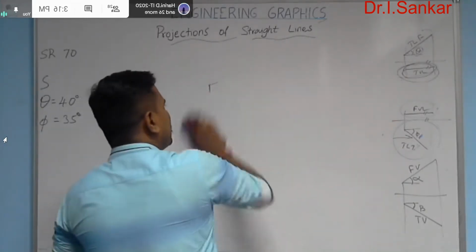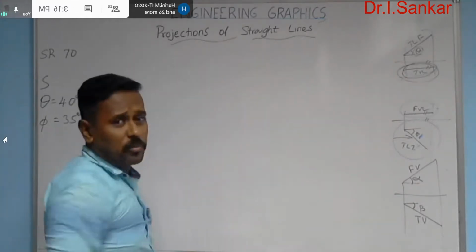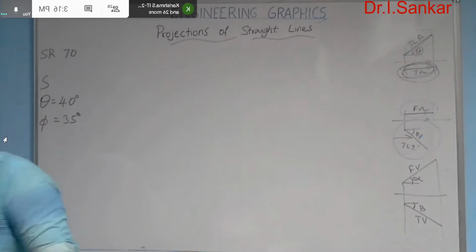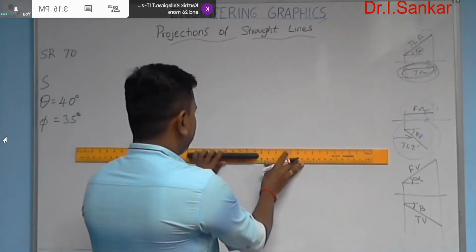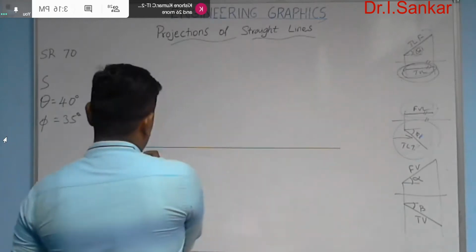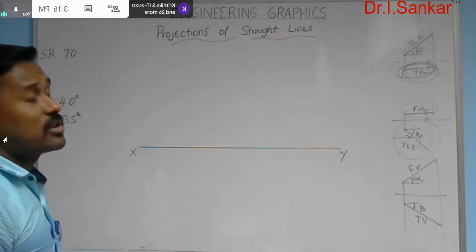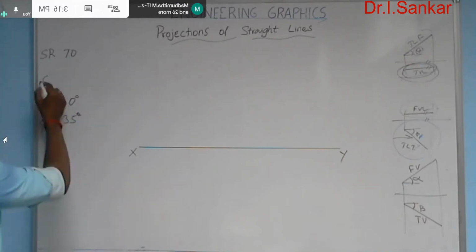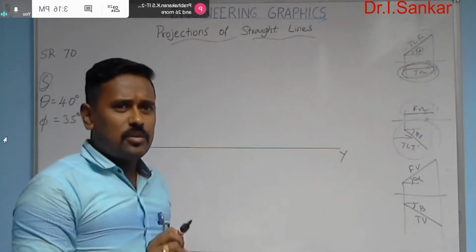There is no twist in the answer. Directly the true length and the true inclinations are given. So you can draw it like your template without any cross thinking or complex considerations. Simply you can draw the answer. First you need to draw the XY line. And the very first data you can use in the answer is locus related data. But there is no data like that given in the problem. But you can have a hint. The end S is in both HP and VP. So you can declare that the end S is in the reference line.